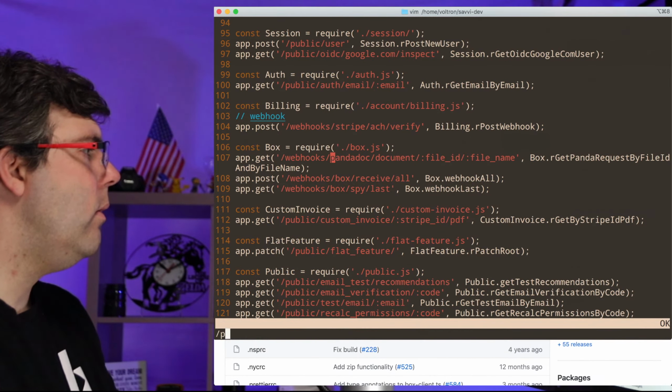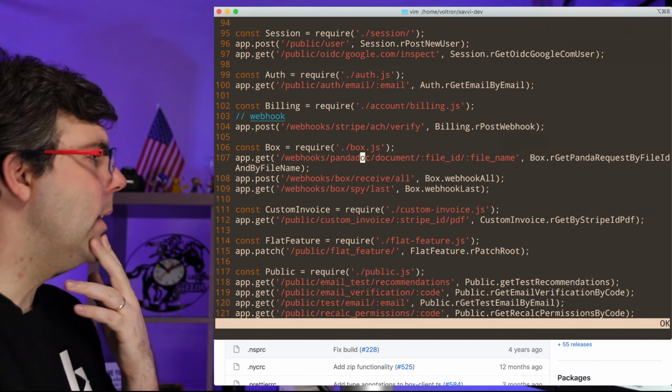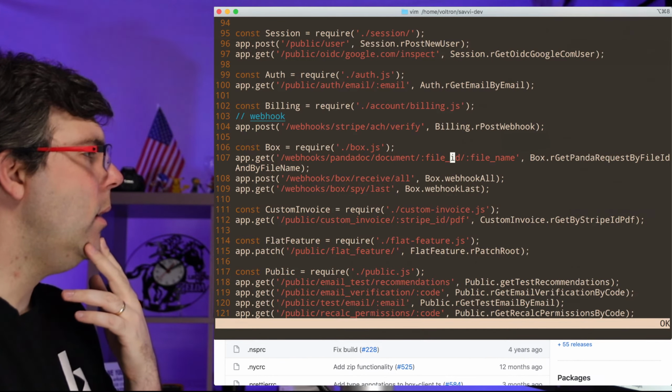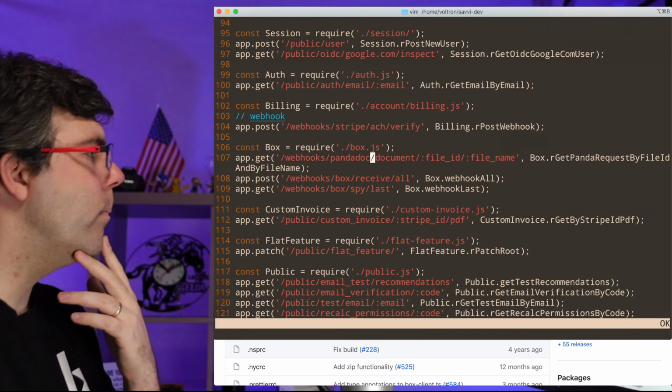Okay, do we have PandaDoc? Where's our first instance of that? Right here? Yeah, that's not sufficient. Well, and we got 2 values there. So it's not entirely guessable, but